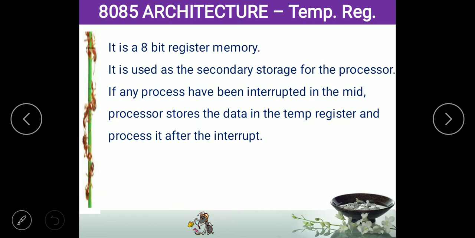Before adding those two numbers, if some interrupt occurs, for example, you suddenly close the lid of your laptop, what happens at that time? The processor will store the added 2 plus 3, which gives the output 5. That 5 and the number to be added, 4, will be stored in the register, and it stays in the register until you open the computer.